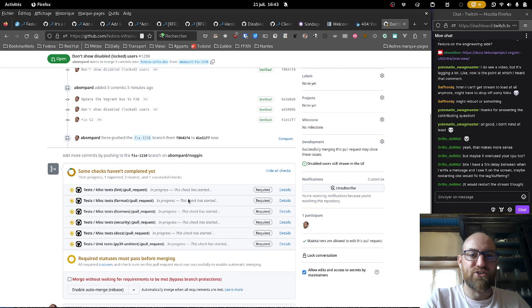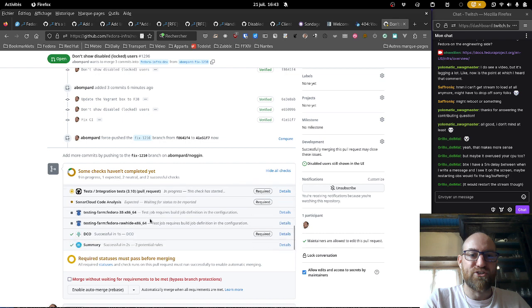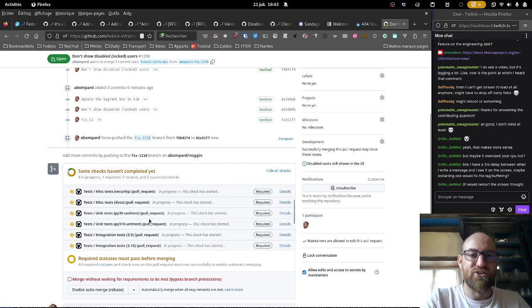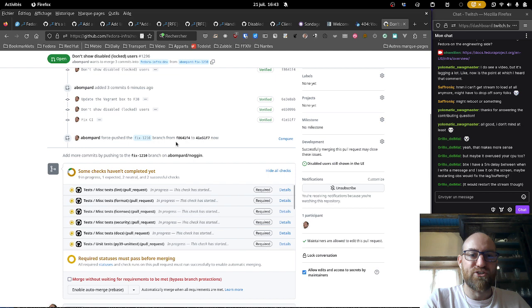I'm not going to wait for all CI to run. I just wanted to check that it's not crashing from the get-go. But it looks correct. We just have to wait for CI to pass and for somebody to review this.